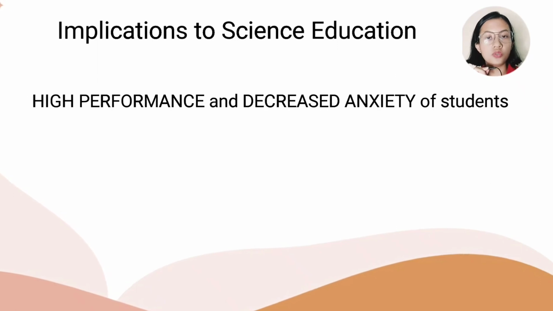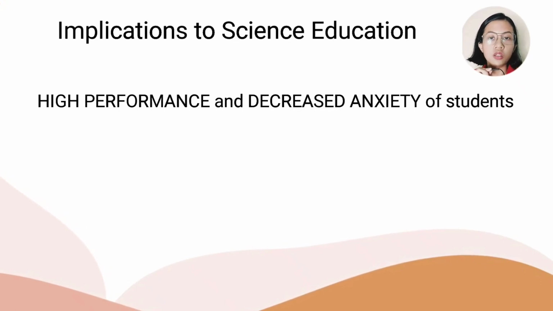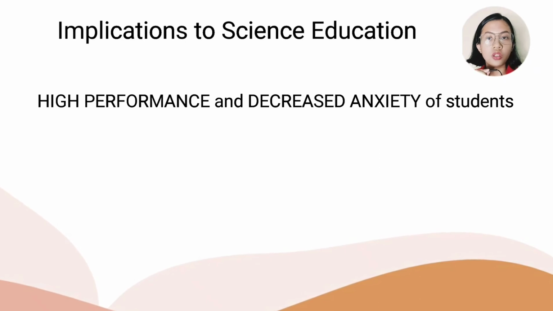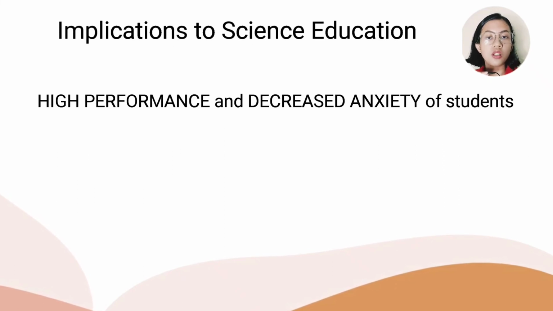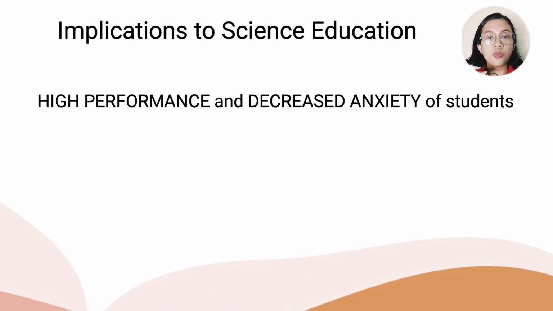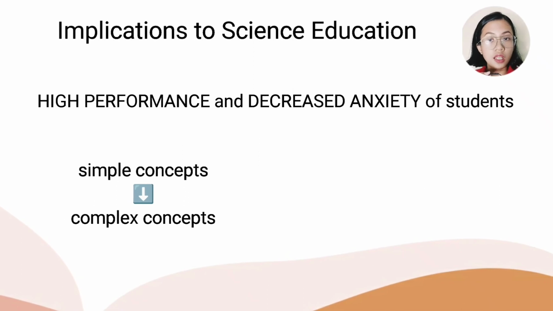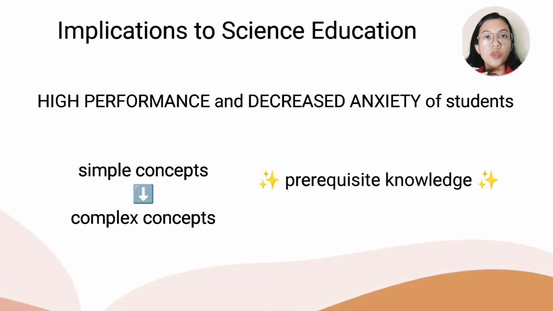According to the study of Yusuf in 2013, the students who are enrolled in chemistry got higher performance and decreased their anxiety level during their lesson and assessment on balancing equations when they use the 9 events of instruction compared to when they use the lecture method, the oldest way of teaching based on idealism. Main factors are the presentation of the concepts from simple to complex ones and taking careful consideration of the prerequisite